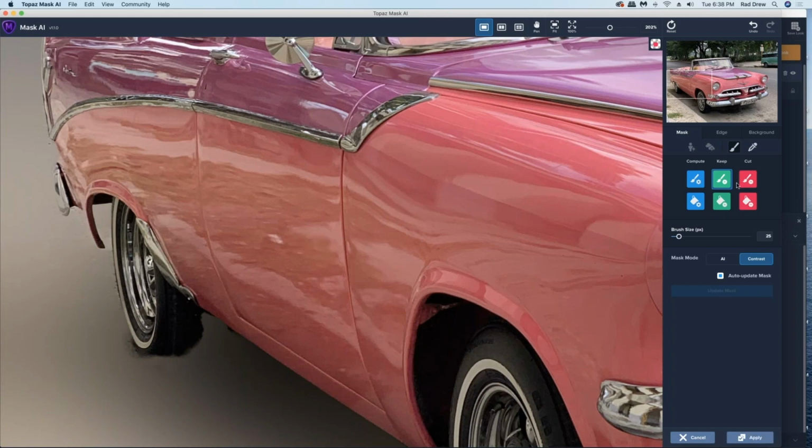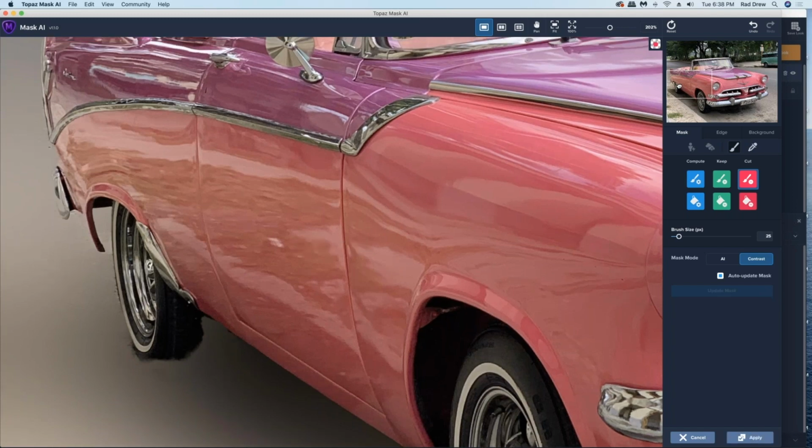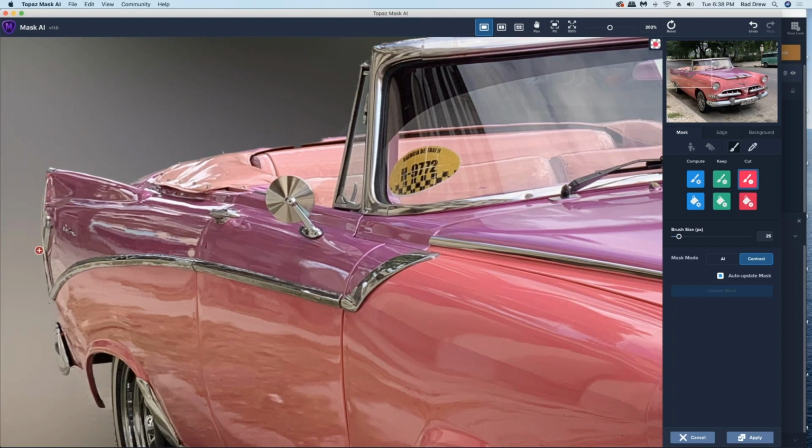And I'm going to switch back to red. So you can get some back and forth going here, and clean this up. I know that's not perfect, but let's move on for the sake of this tutorial. So what I'm going to do then is move around the image,